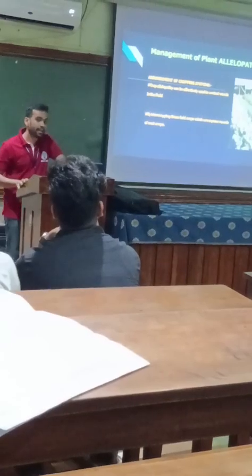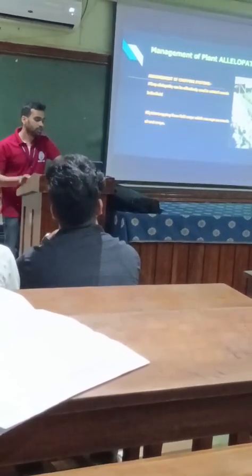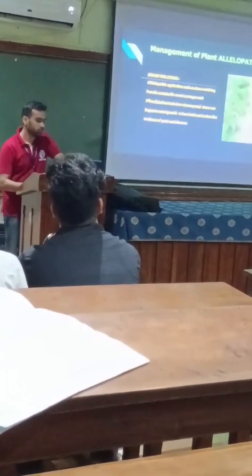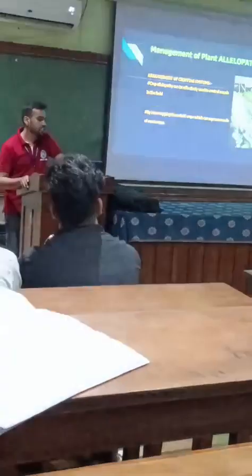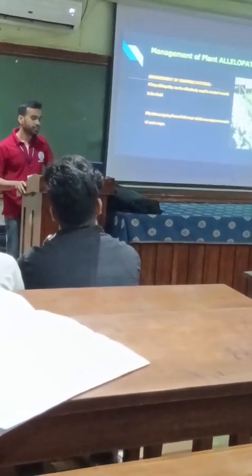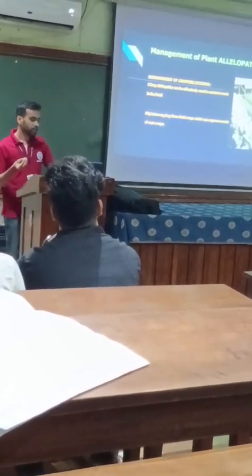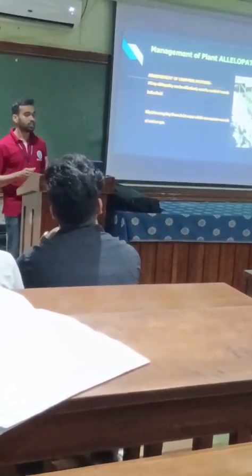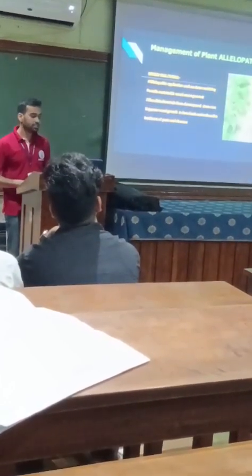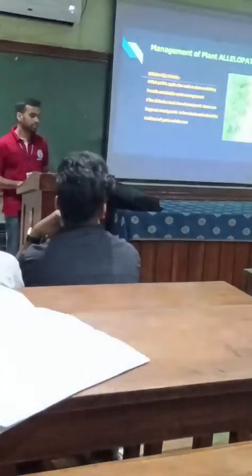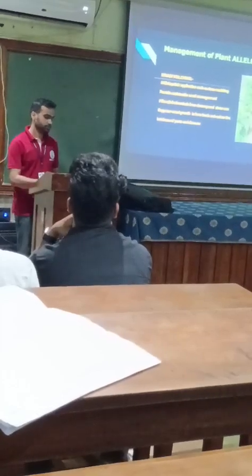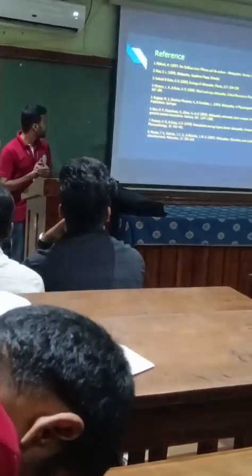And if we are talking about the management of plant allelopathy, there are two types of management: the arrangement of cropping systems, and straw mulching. In the arrangement of cropping systems, crop allelopathy can be effectively used to control weeds in the field by intercropping field crops which can suppress the weeds of the next crop. Then straw mulching: after applying straw which contains allelochemicals, it can prevent the growth of weeds. So this is the main difference, and